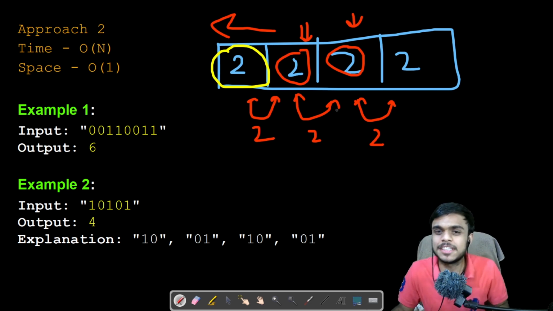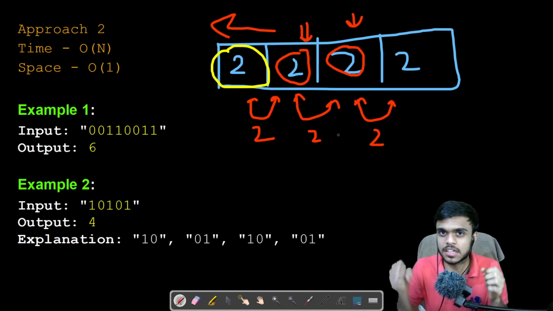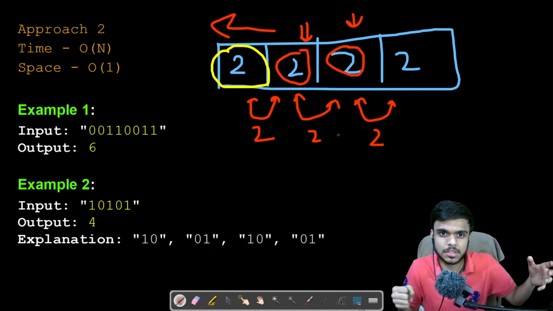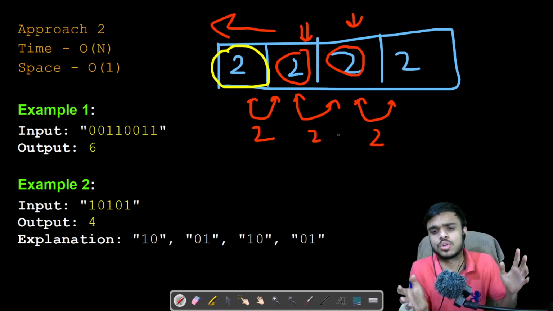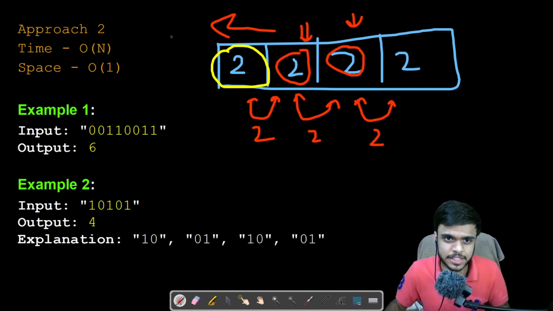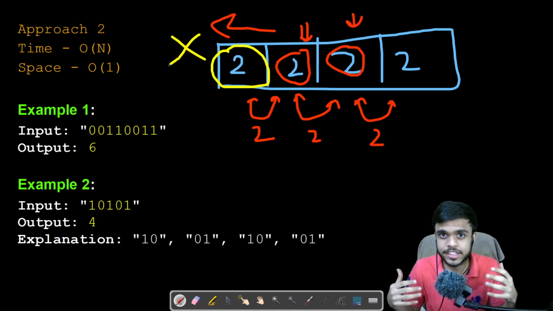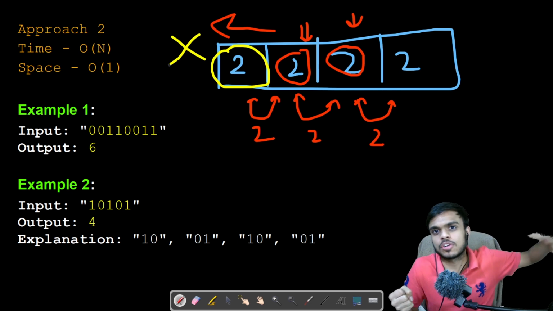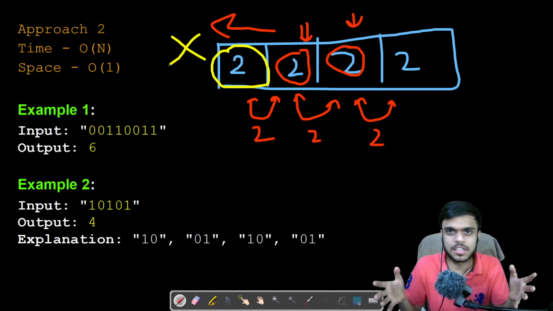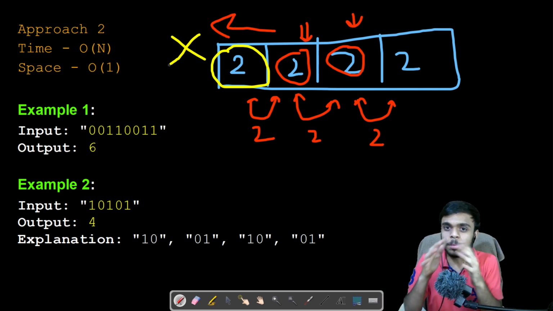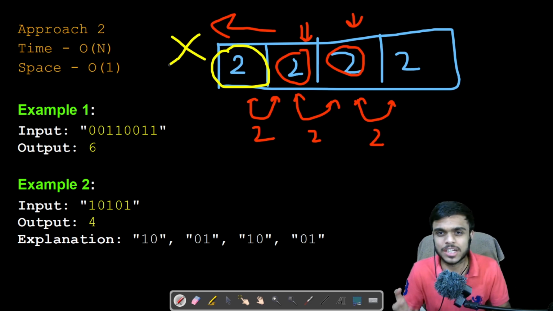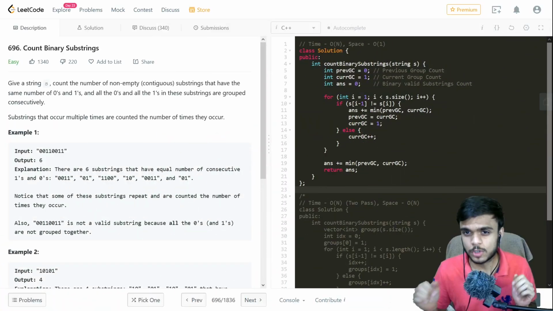Okay, so what I am basically saying is we just need the current pointer's group counter and a previous group's counter. We do not need all the previous things. So we will just remove this vector and we will use two variables, current group and previous group, to store the current iteration's count and the previous group's count, and the rest of the vector elements are just not required. So we can optimize that, and let us look at the code so that you will understand it better. This is the code for the second approach.